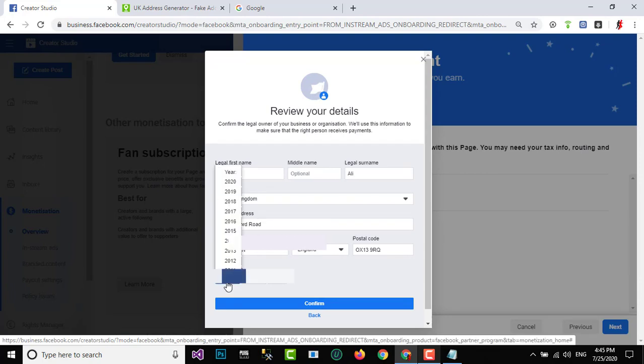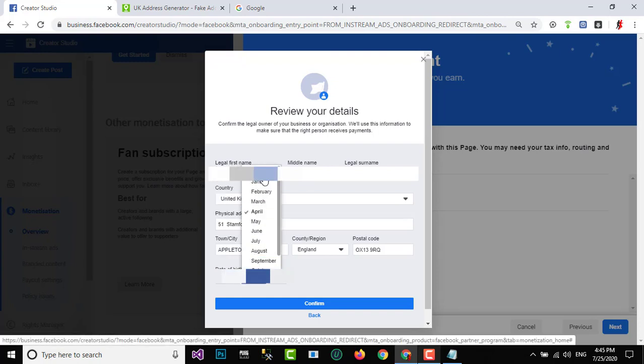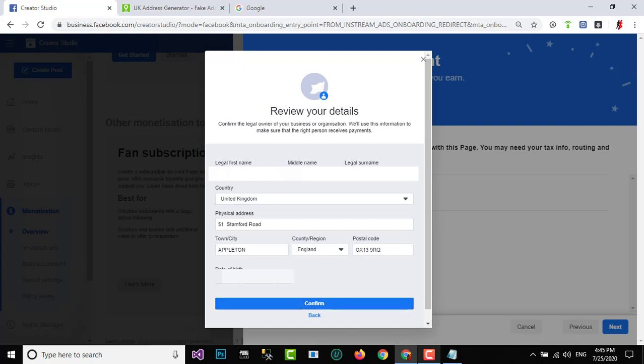So let me check. Here you also have to enter the date of birth, so I am selecting the date of birth. Select the date and confirm.